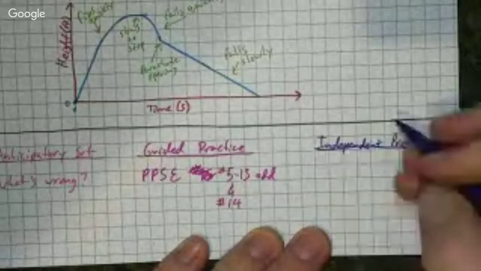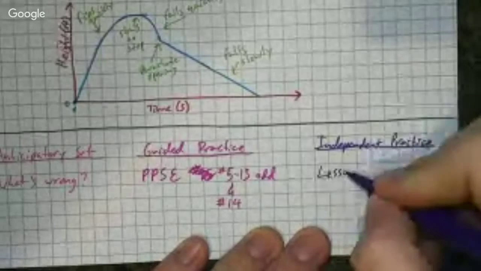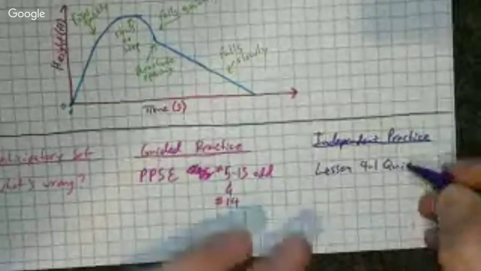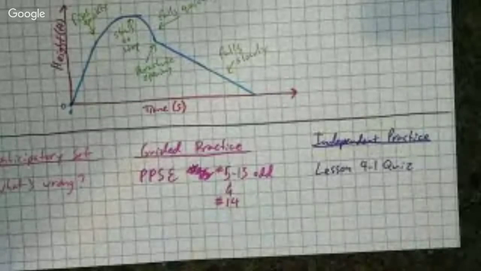And your independent practice will be the lesson 4-1 quiz, which is on your Pearson portal. And I believe it's only 2 questions. So